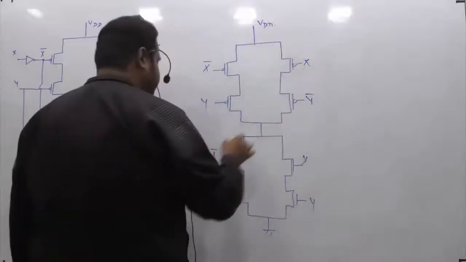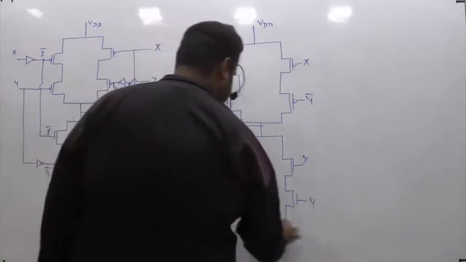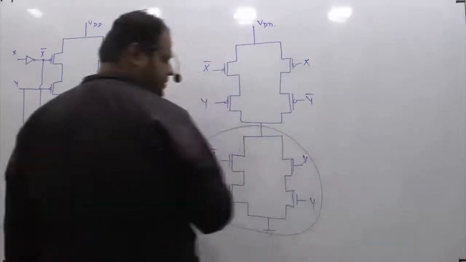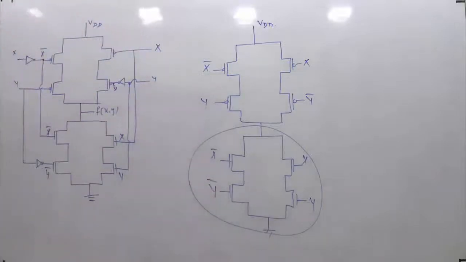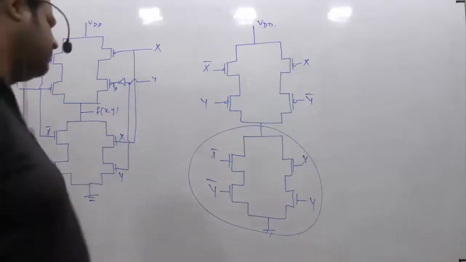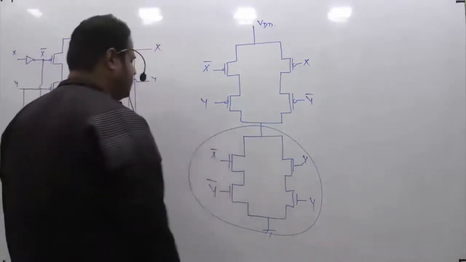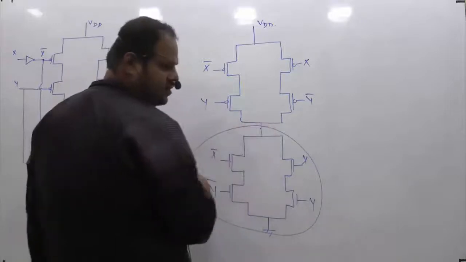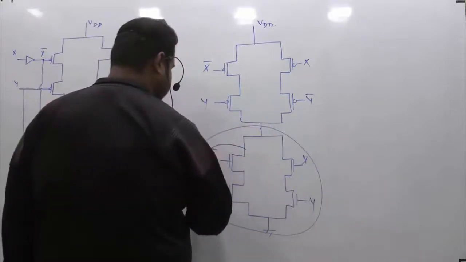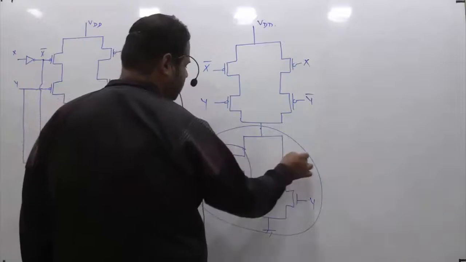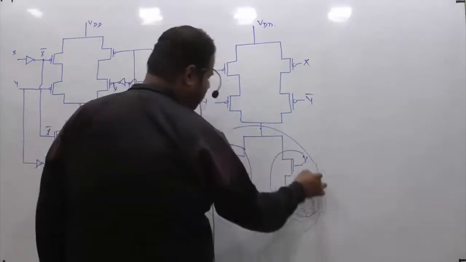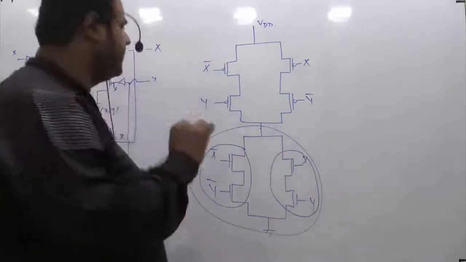Whenever you get CMOS circuits, it is wise to concentrate on NMOS, or you can also concentrate on PMOS, but because of the popularity of NMOS, we are habituated to use NMOS. And how to get the answer corresponding to NMOS circuits: from the output terminal, those which are in cascade, you take their AND combinations, and those which are in parallel, you take their OR combinations, and finally put a complement.